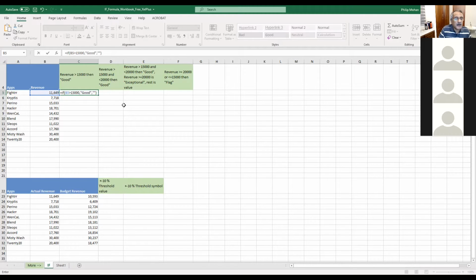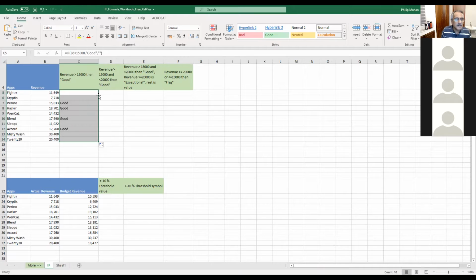Now that's the formula. So here what happened? It's not given an error or anything. That means this is less than 15,000. So if I copy it down, you can either drag it down or just click on the plus sign. It will automatically go to the last record. So this is above 15, this is above 15, this is above 15, this is above 15. All of them are above 15.